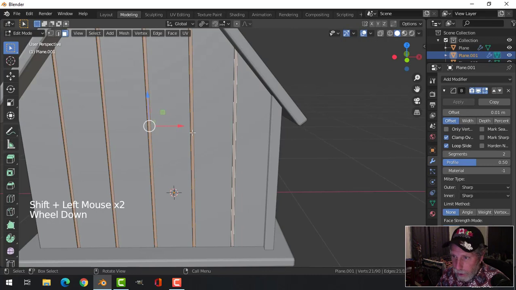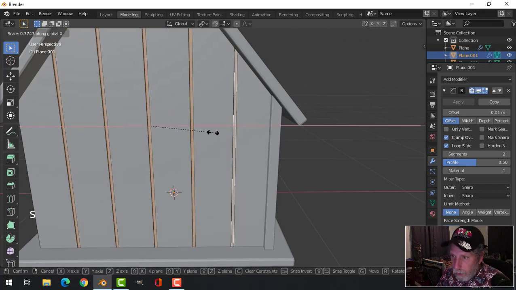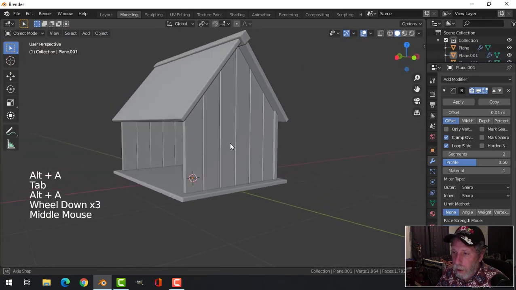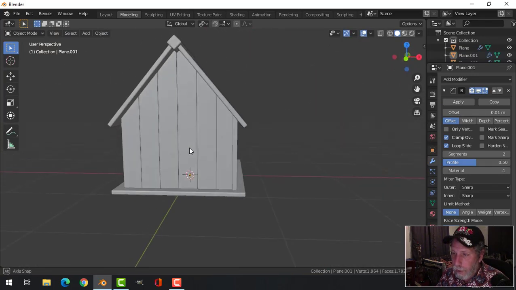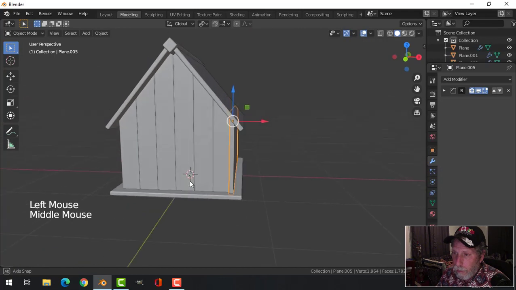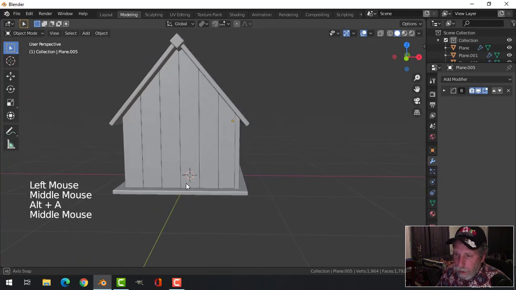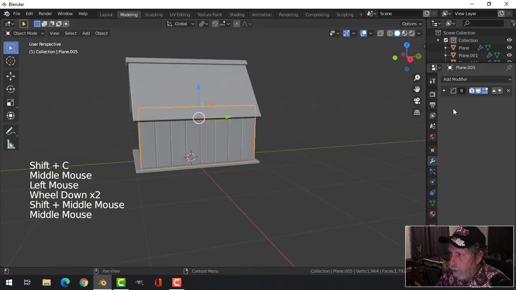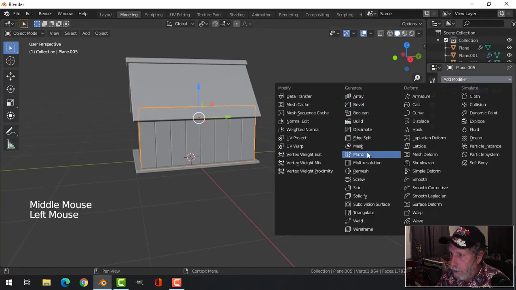Just those. Let's scale in the X, SX. Just pull it in. Make it look a little bit more nice. Okay, so we got that piece. 3D cursor, Shift C if you want to make sure it's right in the middle. Take this piece and let's mirror this